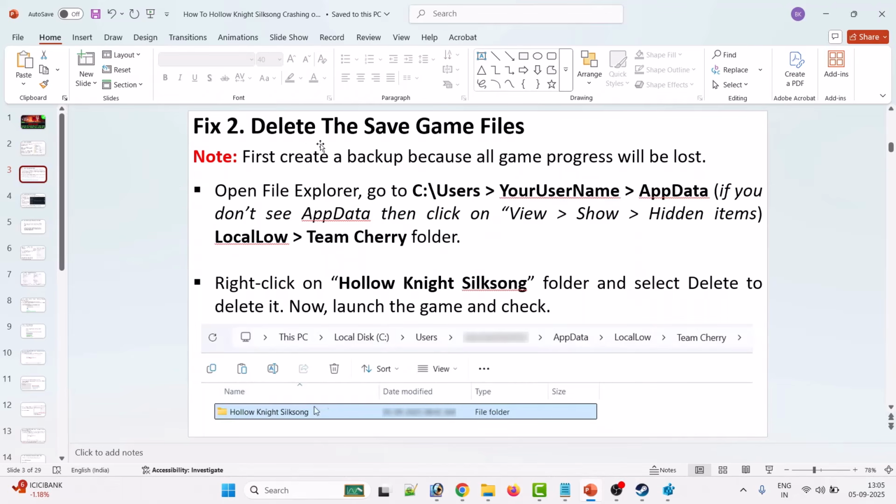Next solution is to delete the save game files. Now again you have to create the backup of this folder because all the game progress will be lost. So if you agree, then open File Explorer, go to C drive, Users, your username folder, AppData folder. If you don't see AppData folder, then click on View, and in the drop down you will see the Show hidden items. So check mark hidden items, then open AppData folder, then open LocalLow folder, then